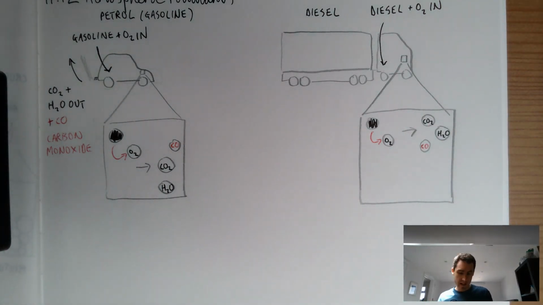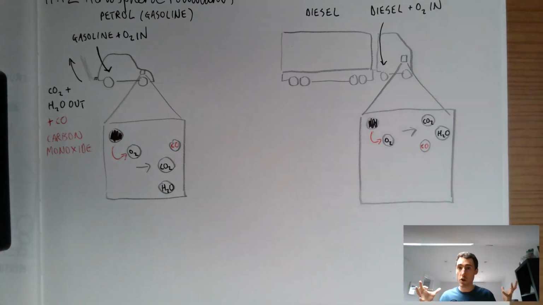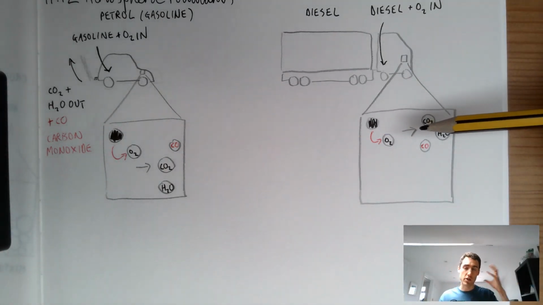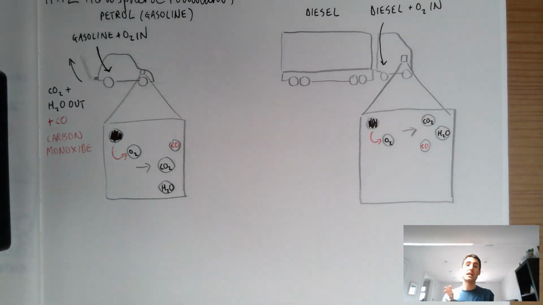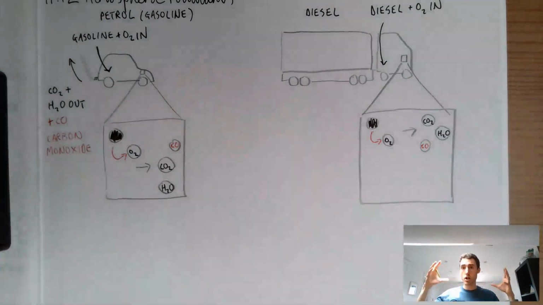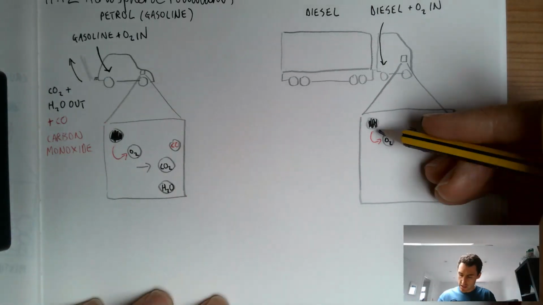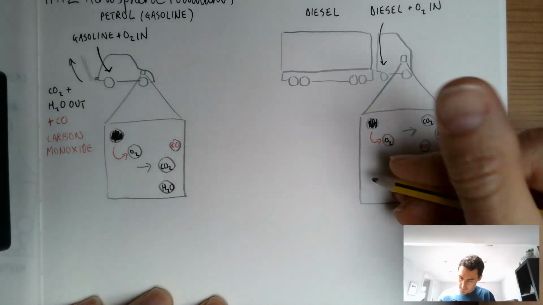But you can also get an issue where, and this is one thing you're just going to have to tell students, diesel engines run hotter. I haven't looked at why that is. I'm just going to assume that they run hotter, and perhaps I should have drawn this, because as we saw in that fractional distillation lesson, diesel molecules are larger. So it's a more viscous liquid, it's larger molecules. So because it runs hotter, you also get